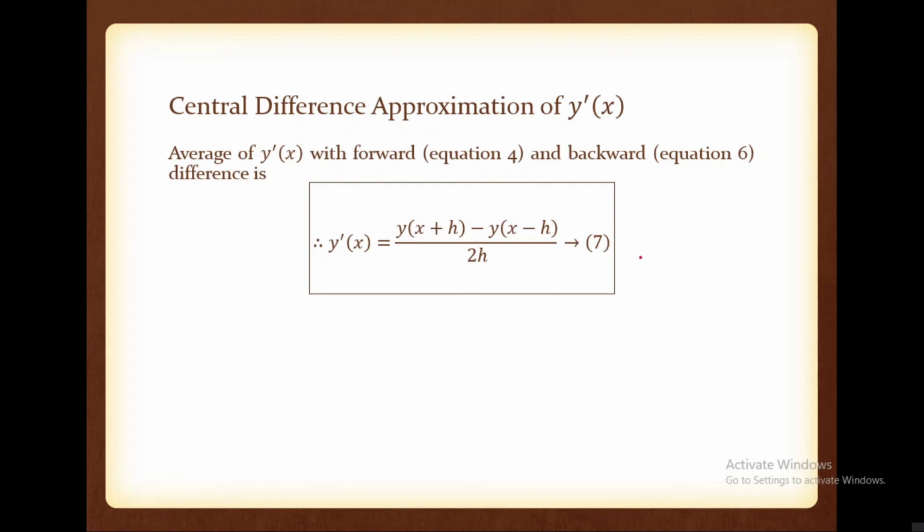So note down this equation. We are going to use this equation. Here you can see that y dash of x is calculated by using the next value minus previous value divided by 2h. Means here we are using the concepts of central difference, next minus previous. So that is why it is known as central difference approximation of y dash of x. Please note this is actually not delta y of x. For delta y of x, we require y of x plus h by 2 minus y of x minus h by 2 divided by h.